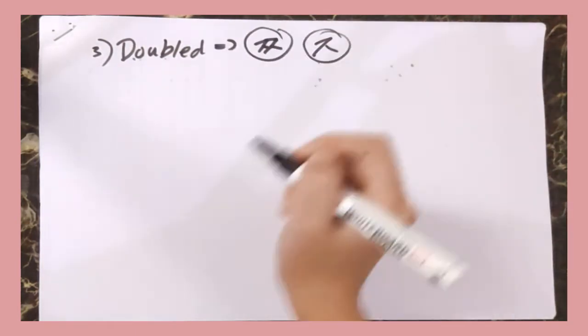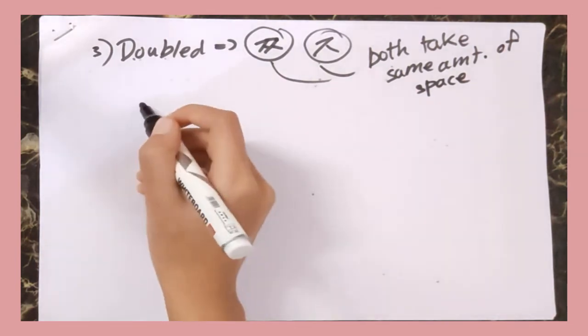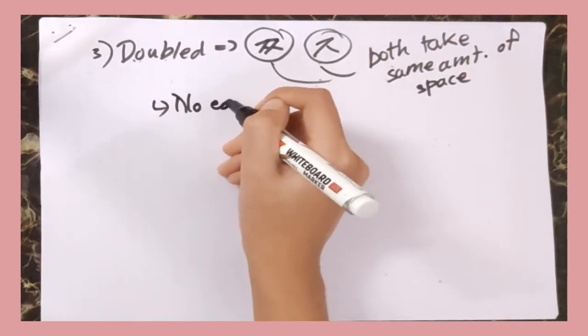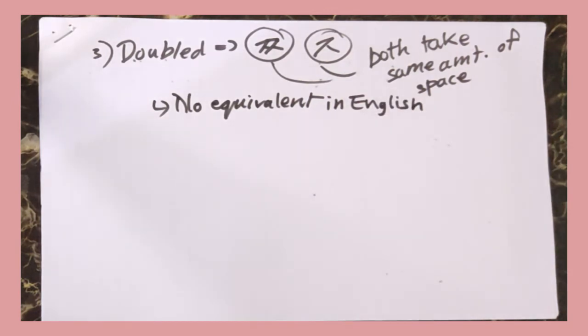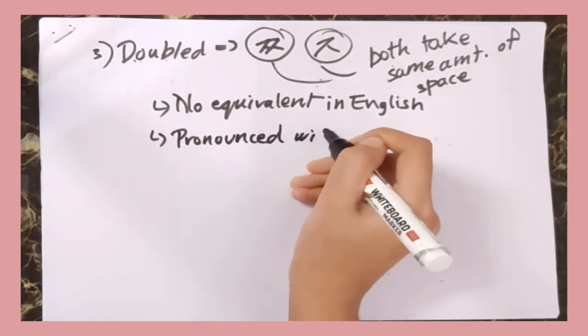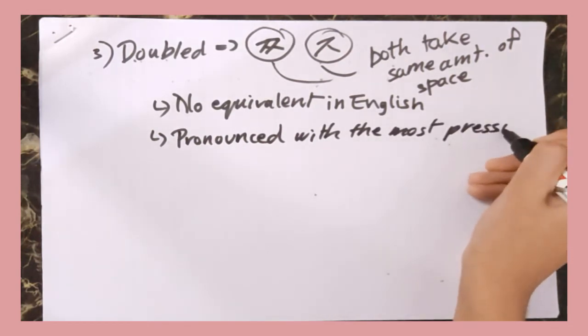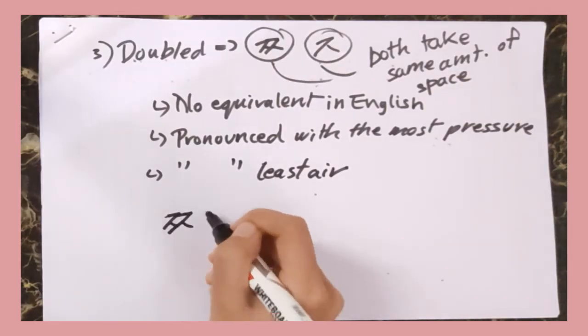Now here again, if we write the base consonant twice, we get the double consonant cha. This also is like ta, the double consonant from the D trio, and has a bit of a pump or pressure at the start and is pronounced with the least air of the trio. Some listening practice again. Cha, cha, cha.